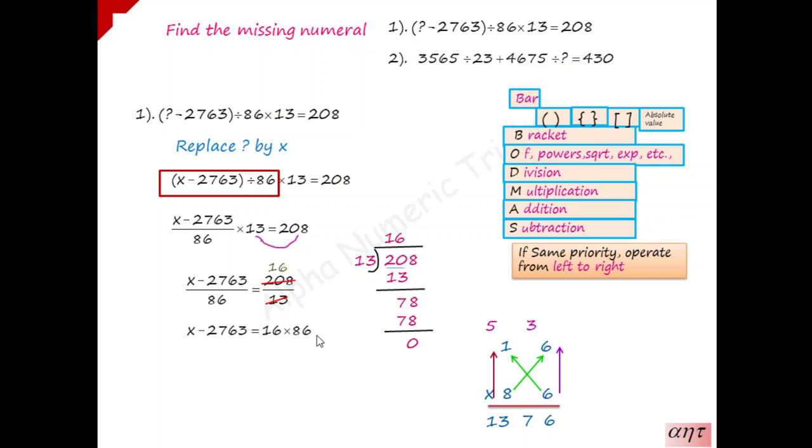Now you have to replace the 16 into 86 by 1376. After that, you have to take this minus 2760 to your right hand side, it becomes a plus 2763. So when you are adding these two numbers,